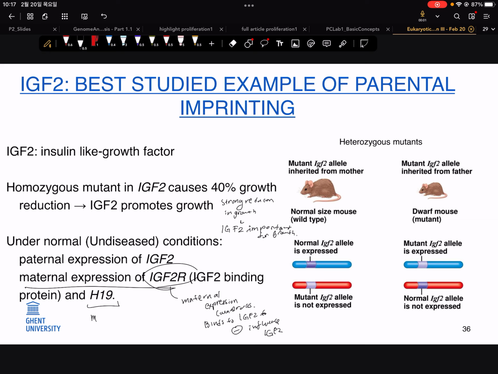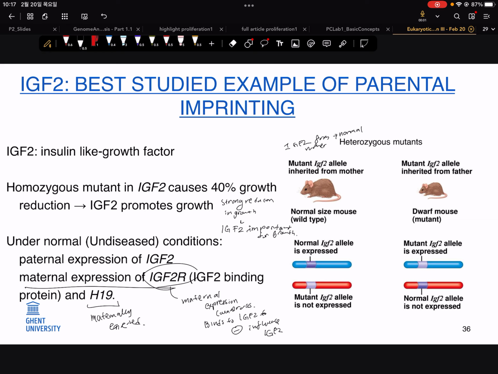So if you have a heterozygous mutant now, two different possibilities occur. The homozygous mutant, in general, has a 40% reduction in growth. But for the mutant IGF-2 allele, if you get it from your mother, that's no big deal. You will see a normal sized mouse developing, even if there is a mutated IGF-2 allele, because it's not active anyway. So it doesn't matter if it is a mutated allele that you knock out, you still get a normal